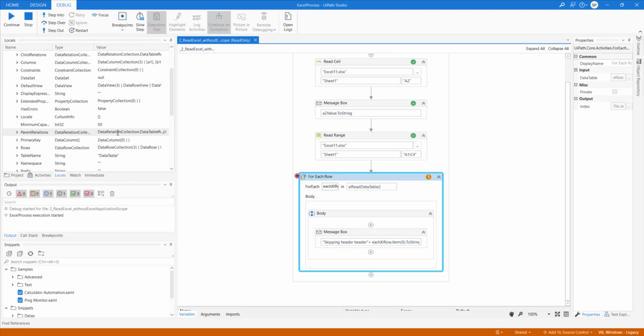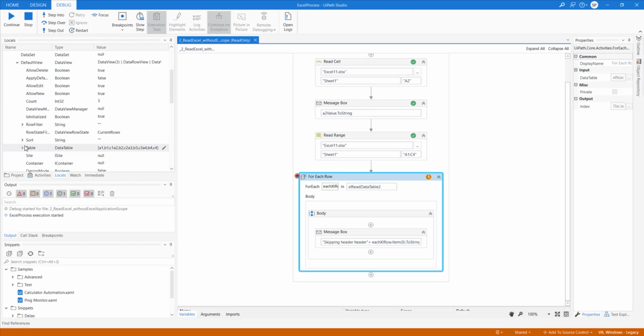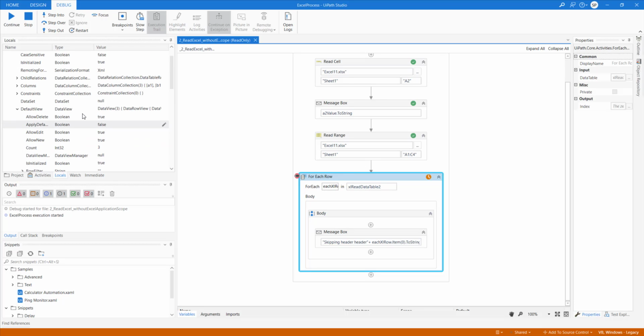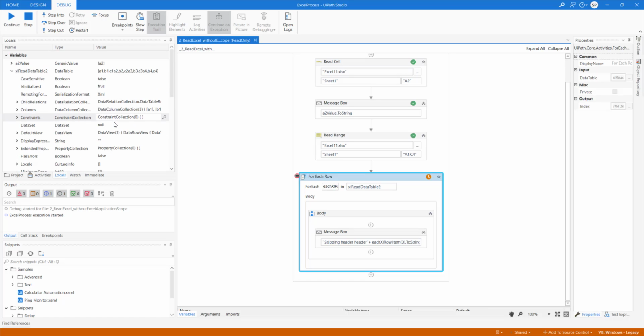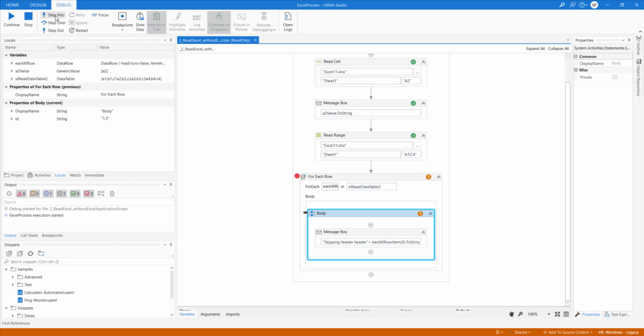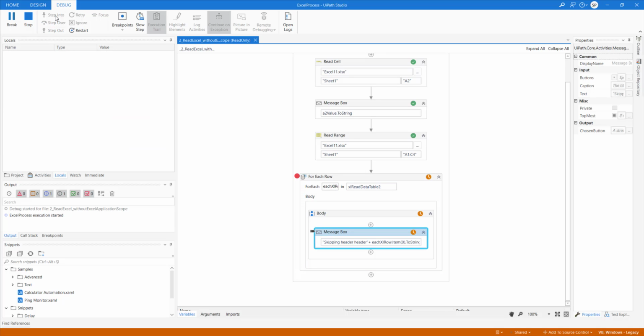If you look at data view, it will provide you how many counts, how many rows, and various options. We'll discuss these in more detail, because when we perform some LINQ query operation, we need to use these properties. Okay, so step into, and then step into, it will print the value